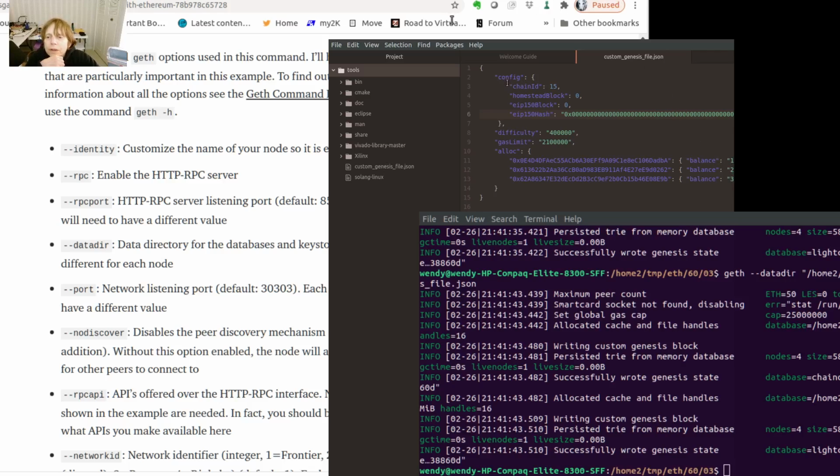Okay. So you got the config section, and it has the chain ID. It has, I guess, the beginning blocks, and that's what we changed here. The beginning block identifies the difficulty, and then the balances. Now these are commands. This is from